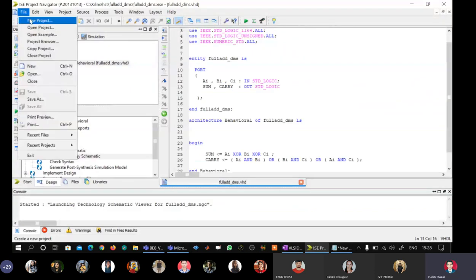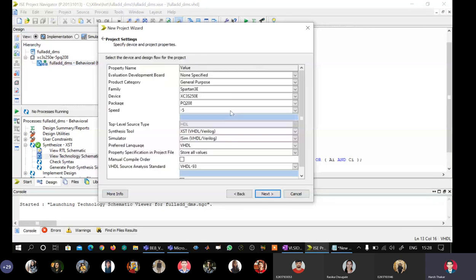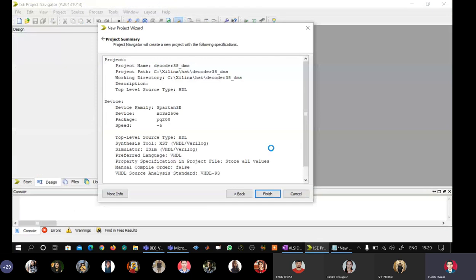So I go to file, new project, and I will say decoder38_DMS. So I'm going to write a VHDL model for 3:8 decoder using data flow modeling style. I will say Control A, Control C, and all the configurations remain unchanged as before. Say next. Quickly, I will go through all the configurations of hardware. Everything is perfect. You can say next, and you can say finish.